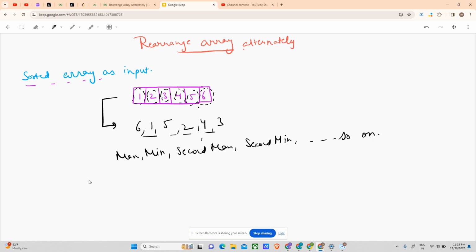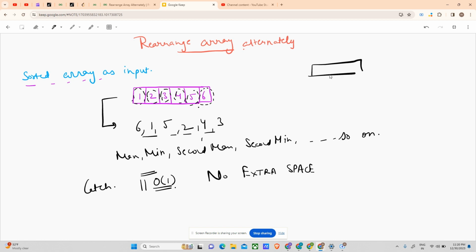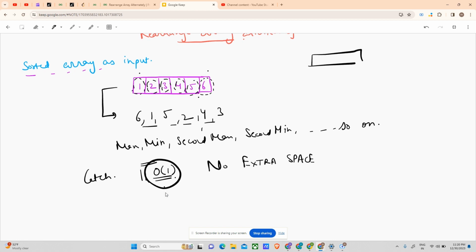The catch here is you have to do it in O(1) extra space, that is no extra space. If that was not given, the question would have been very easy. You would create another array and keep two pointers, one on the minimum and one on the maximum, and fill up the array accordingly. But this condition makes this question very thoughtful. I will not say difficult, thoughtful. It uses the maths we have learned in class 6, 7, 8. How? So now